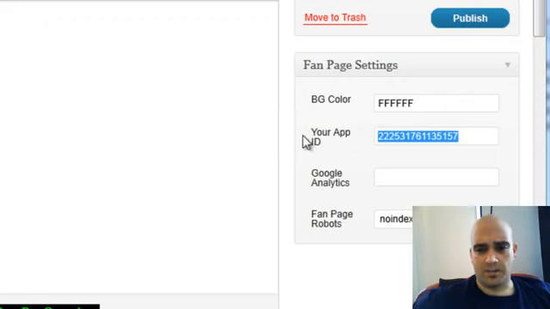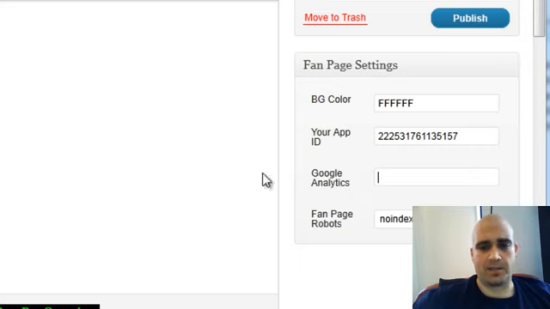Your app ID is important simply because this is the way that your fan page on WordPress is going to communicate with your fan page on Facebook. And then in Google Analytics, you can paste in your Google Analytics ID. Not the entire code, please do not paste the entire code in here. It should start with UA dash and then a string of numbers. Just simply paste that code in here, and you can actually track your fan page